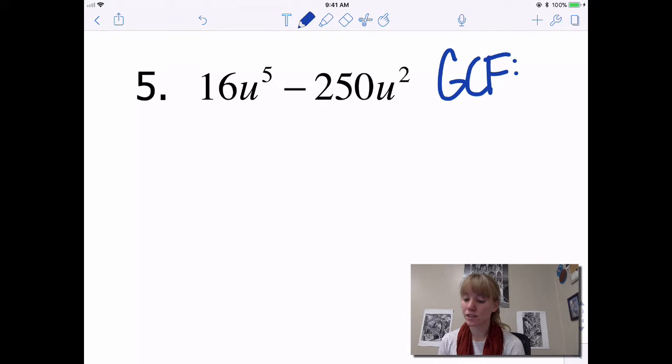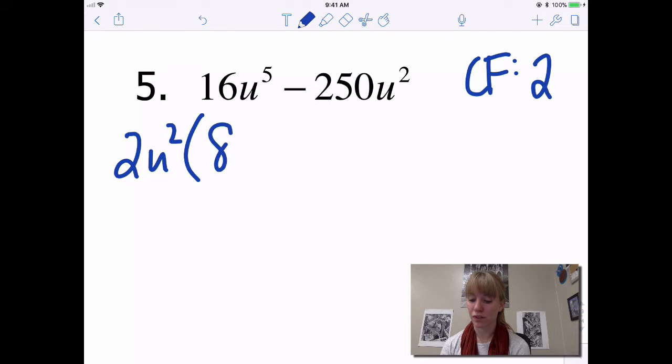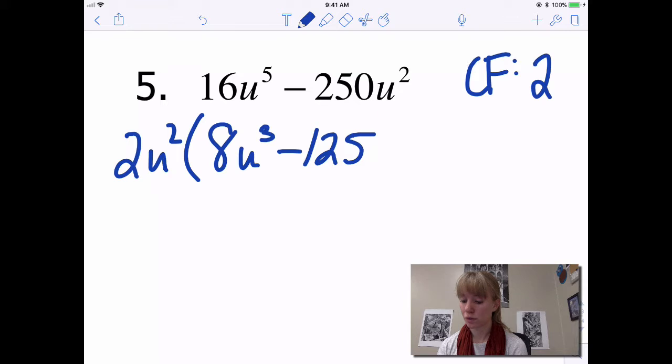In this case, my GCF is 4, but if I took out a GCF, I notice that I'd be left with a 4, which is also not a difference of 2 squares. So I'm going to actually take out just a common factor of 2. So I'll put a 2 on the outside, and I'm left with 8. Oh, actually, let's take a 2 and a u squared. And I'm left with 8u cubed minus 125. So now you might notice that I took that 2 out because I saw that 8 is a cube, and so is 125. So I leave the 2u squared,